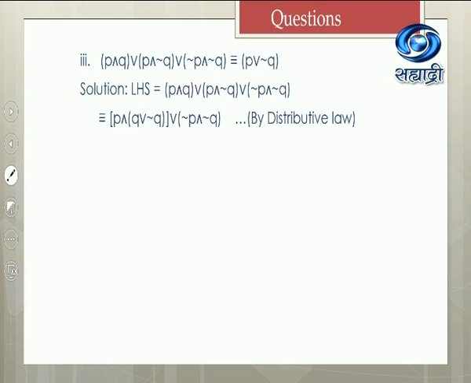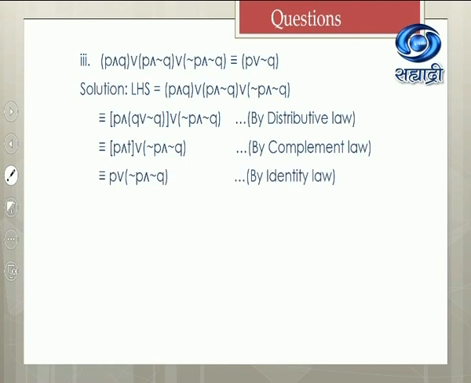Just look for the common parts. If it is getting into distribution, then write it this way. P and T, Q or negation Q will become T by using complement law, or negation P and negation Q comes down as it is. Now P and tautology is what? P, the statement itself by identity law. So P or the statement remains as it is.